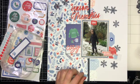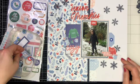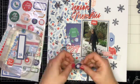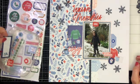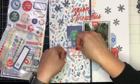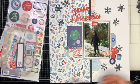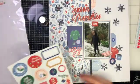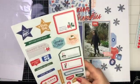And because the 7th day was about adding puffy stickers and splatters, I did pull out the puffy stickers, and I was making sure that I was trying to add these to the page. I've got some mainly in the blue tones and some of the reds, just to add to this layout. I'm creating a couple of clusters in and around the photo and that pocket card. And so just fiddling around here, and I have cut the puffy stickers out just so I don't have to stick them down straight away, and I can move them around